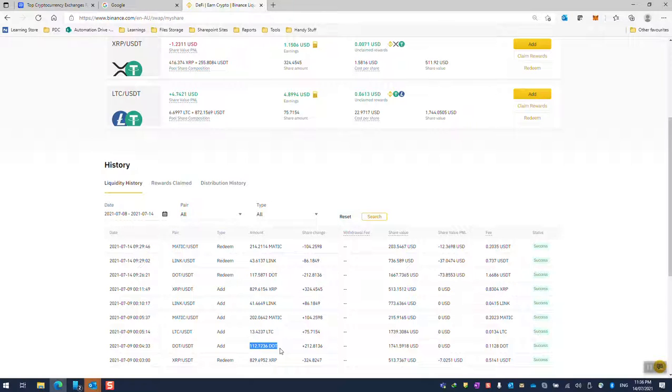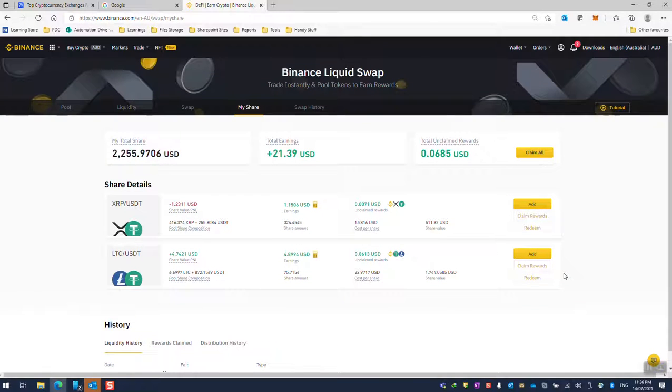I added 112 dot on the 9th of July, and on the 14th of July, I redeemed 117. So I actually earned 5 dot. The reason was that at the time I redeemed it, the price of dot was down because today the market was red. So when I converted these tokens back, I got a better price. So this is pretty much it in terms of